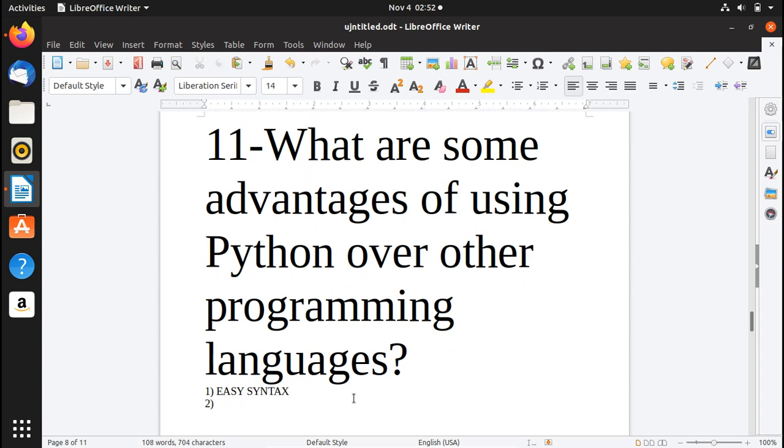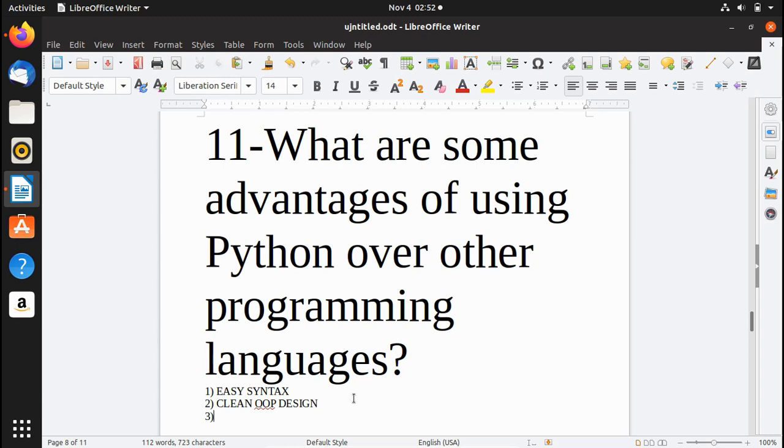The second advantage is that it has clean object-oriented design and features. It has strong integration processing capabilities, okay? So I would write here, clean OOP design. Okay, this is the second advantage.